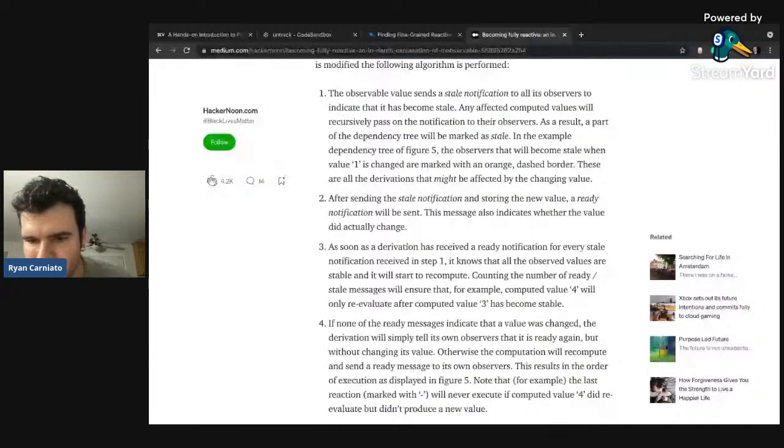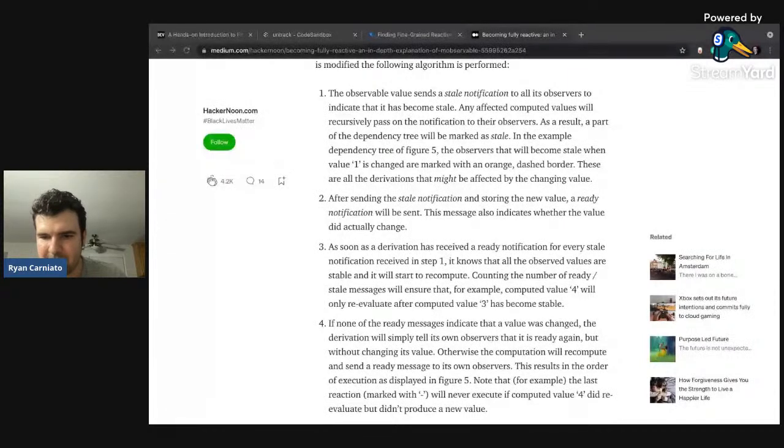Sorry, I just jumped back to the question. I see I missed one. What does Solid wrap in untrack by default? Okay, you mean in our actual implementation? Essentially what Solid wraps in untrack is mostly the components. In our component tree, we have basically a bunch of nested create effects. So you have an effect that calls an effect that calls an effect. And if we didn't untrack the components,